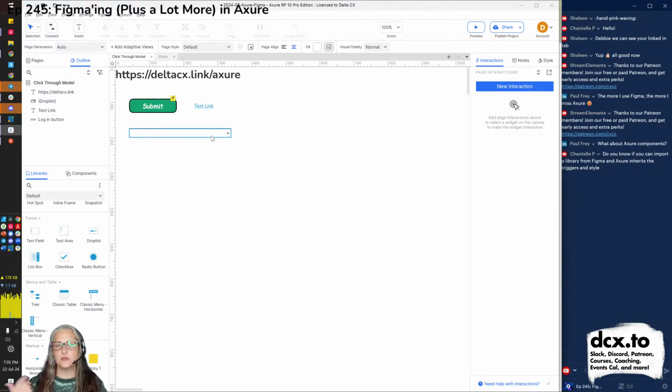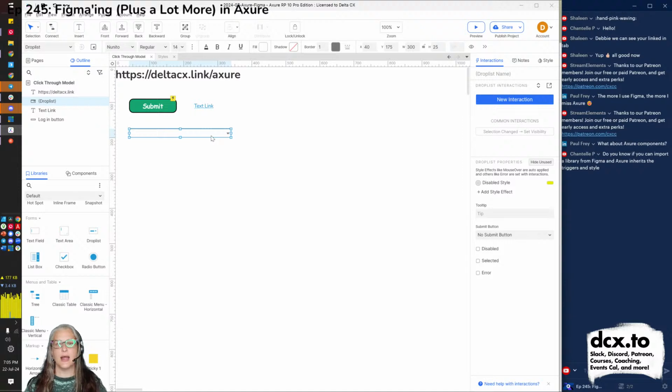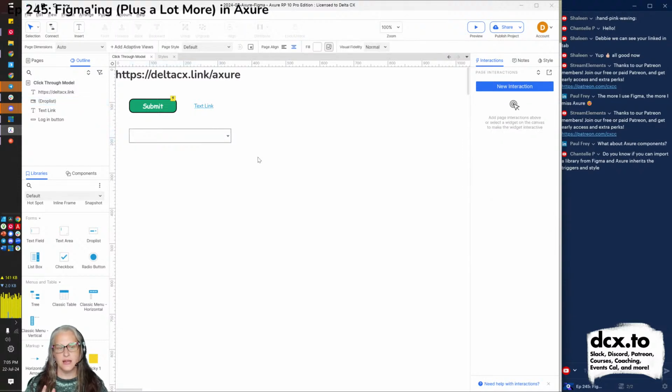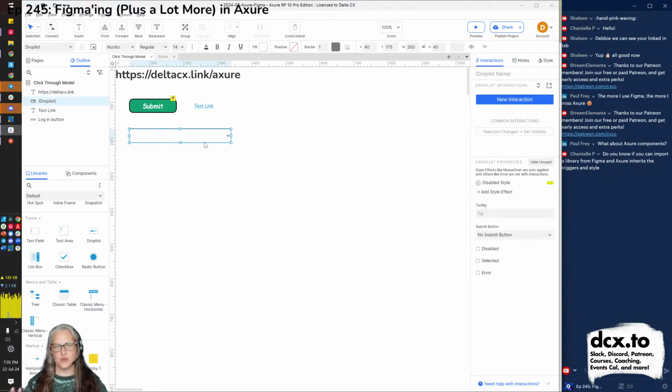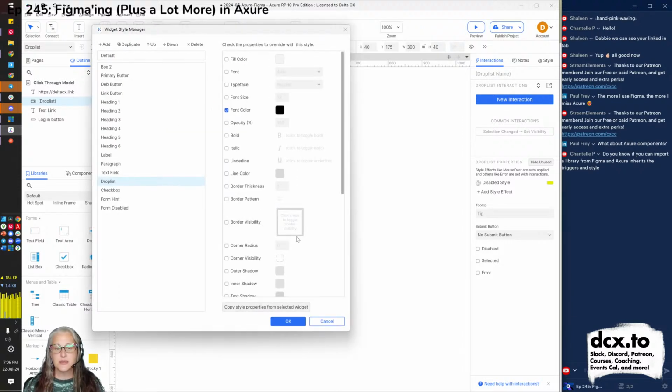Now let's talk about drop lists for a moment. Now Axure has a default drop list. Let's make this a little bit bigger. By default, there's not a lot of styling you can do to make this prettier. This is a medium fidelity drop list. It's not sketched, but it's not super designed. It doesn't have our company colors, and we can give it our company font. Like you can see up here, I can go in here and I can give it some of the styling, but I don't have a huge amount of control over it.